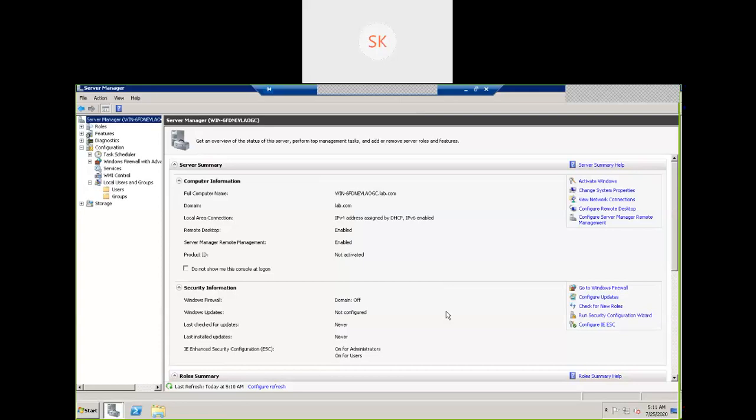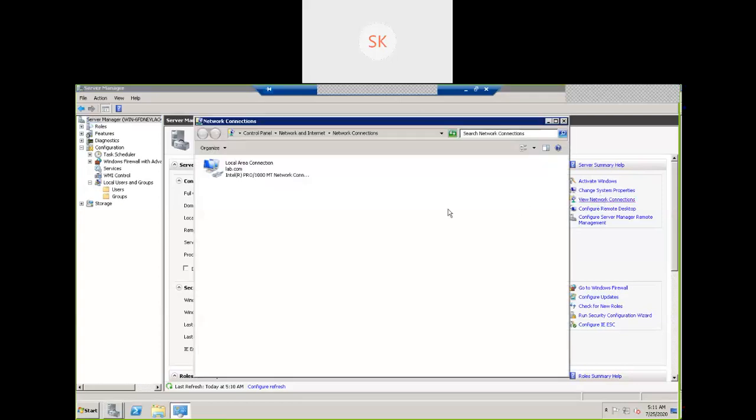So go to view network connections. For example, in this particular place, the network icon is not visible. Forget about network properties; we connected to the console, and the network icon itself is not visible. What could be the problem? Then where do we need to go immediately?